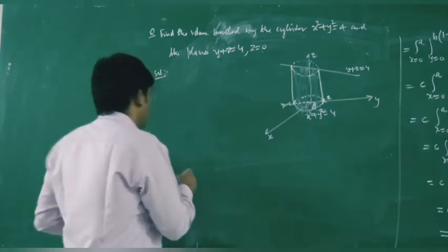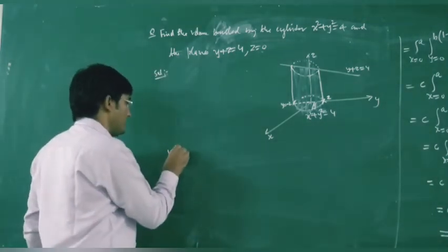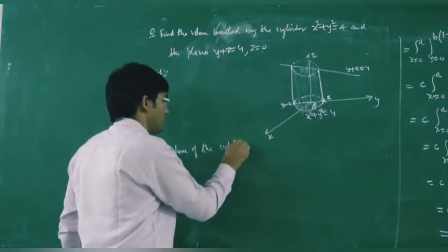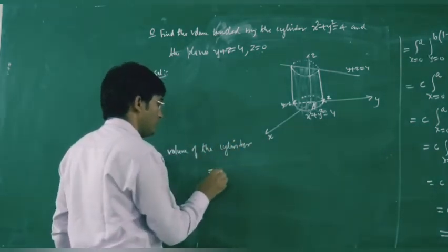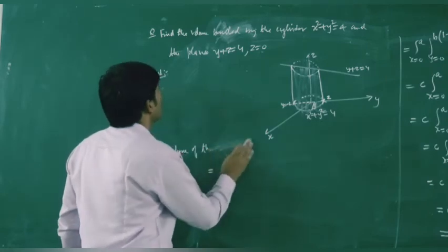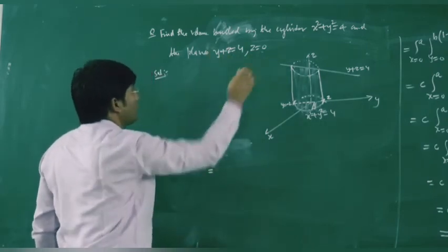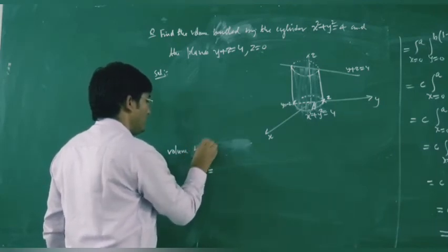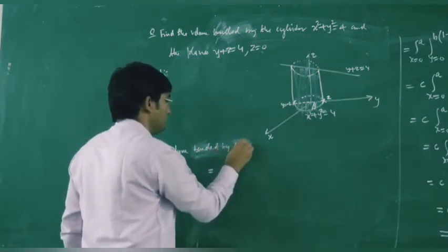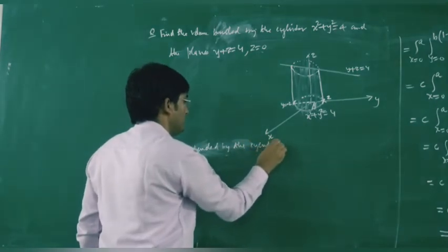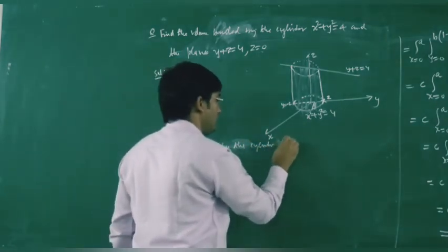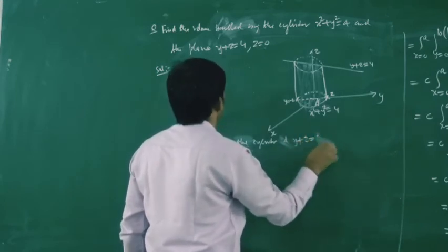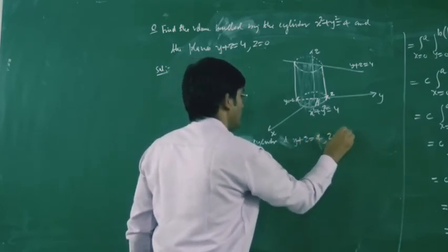So the volume of the cylinder is equal to, so the volume bounded by the cylinder, bounded by the cylinder, and y plus z equal to 4 and z equal to 0 is given by,